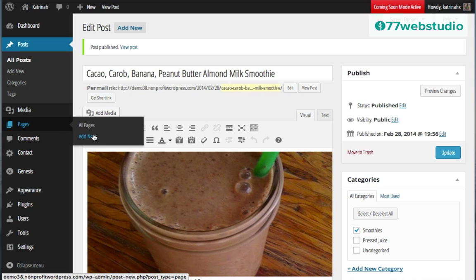The difference between posts and pages: posts are used for any kind of content that changes on a daily basis, news or events or just fresh content. Pages are your static content. So pages would be things that don't change. There's no published author associated with it. There's no date associated with it. And it's a static page. So things like your contact page, your about page, maybe a photo gallery page, those would be great topics for your pages, and then anything that's fresh content would be perfect for a post.